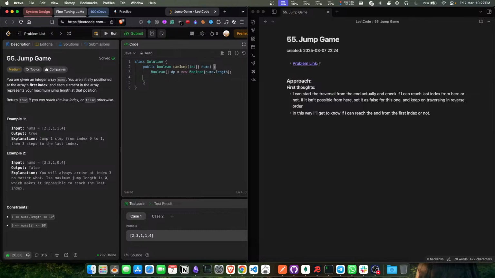And read this actually. If I plus nums of I is greater than or equal to